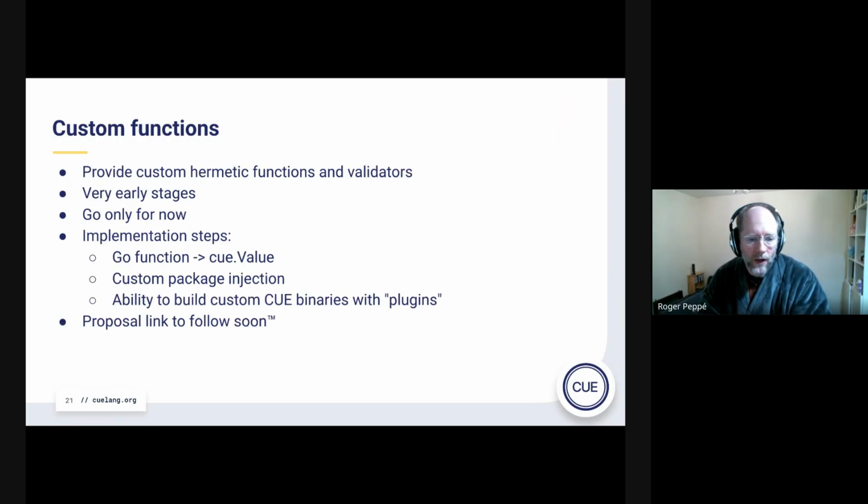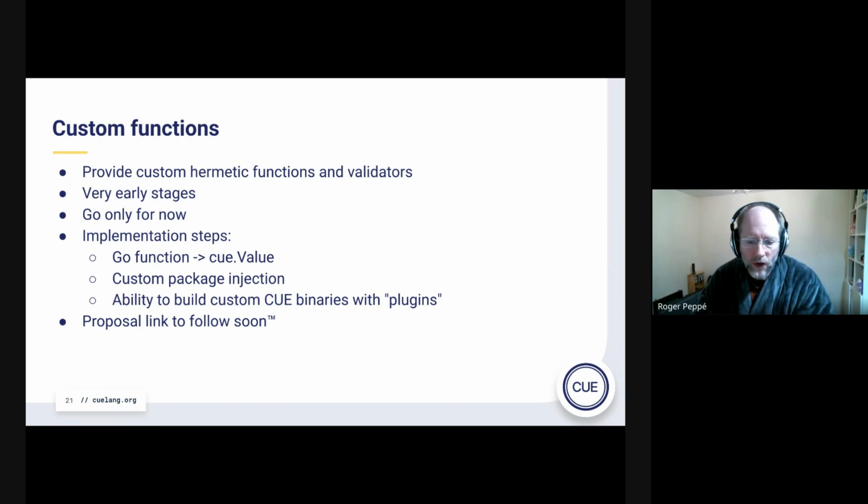Another thing we're quite close to having a proper proposal for, and not far off an implementation, is the ability to plug custom functions into the CUE evaluator. So the idea is that you should be able to plug in your own hermetic functions. There's no guarantees about how many times they might be called.